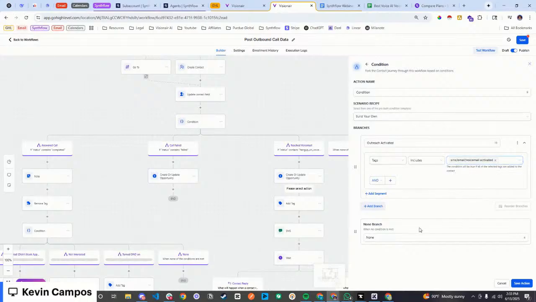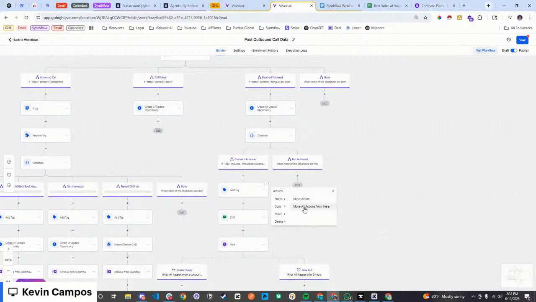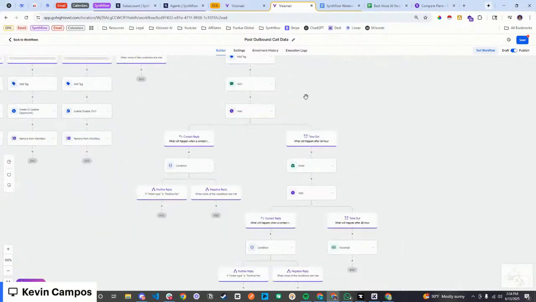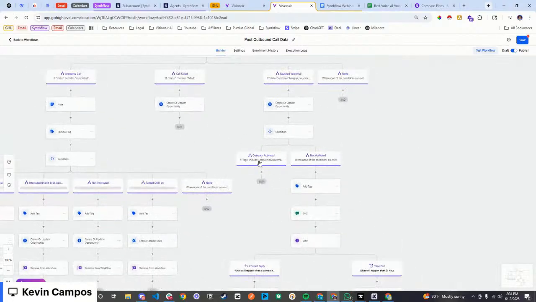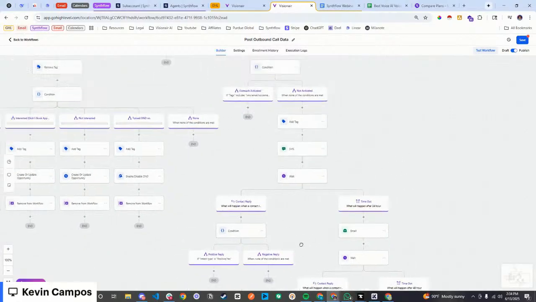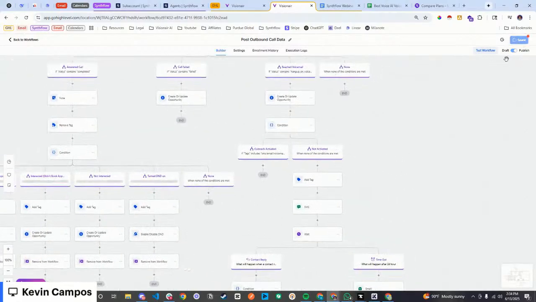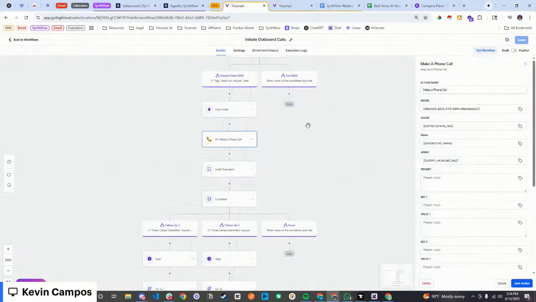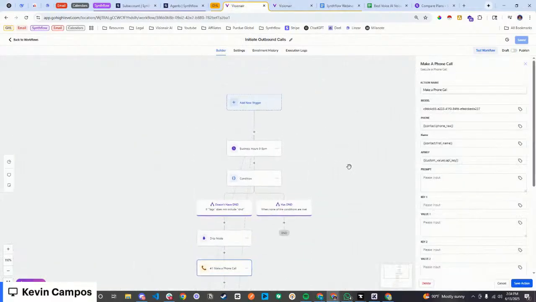All right. Now, if they have that activated, then let's do this. Let's do not activated for this branch below. Obviously, if it's not activated, we want to activate it, put simply. But if it's already activated and it's already going, let's not do this. Let's not reach out to them, the SMS, email, all that stuff. There's no need for you to do that. Okay? So that is how you guys are going to be able to have a very successful lead reactivation campaign.